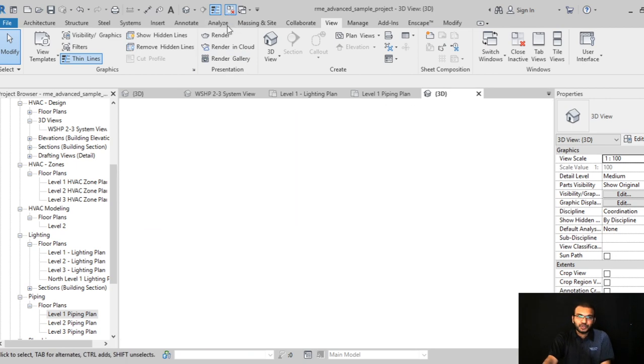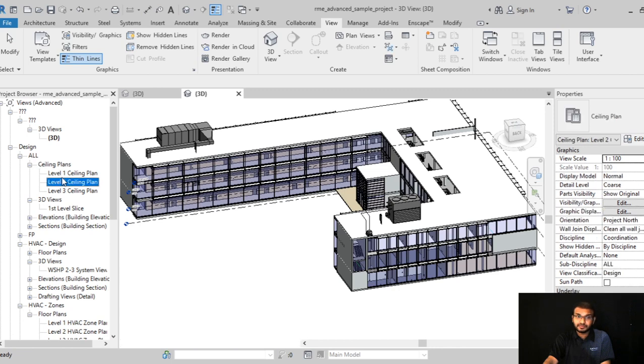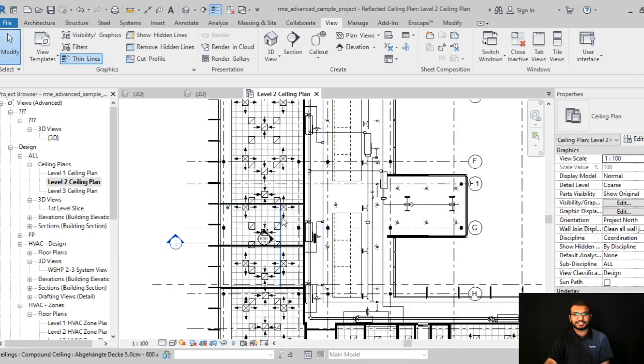Okay, if you are working with AutoCAD, I think most of the people viewing this video might be using AutoCAD as one of their major tools, right? In AutoCAD you deal with only two-dimensional drawings, but when you come into the BIM platform or the Revit layout, you are taken to a completely different scenario.